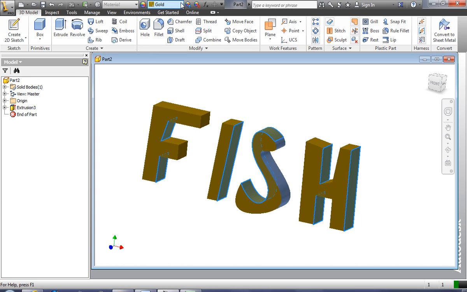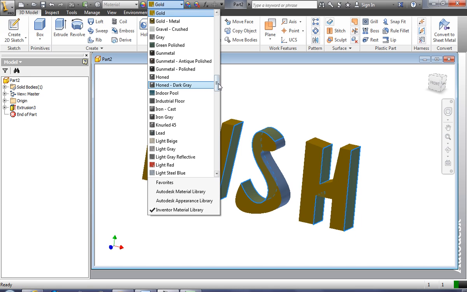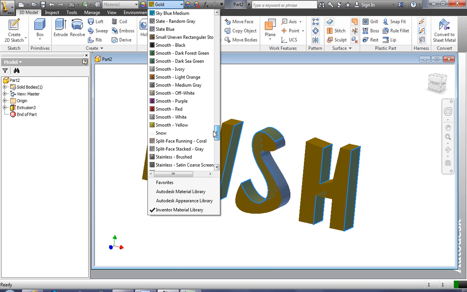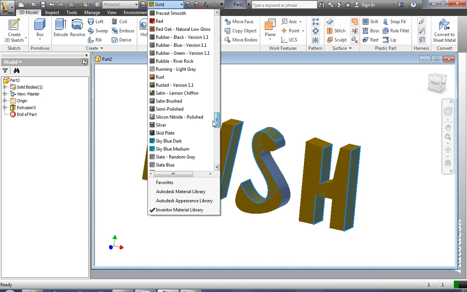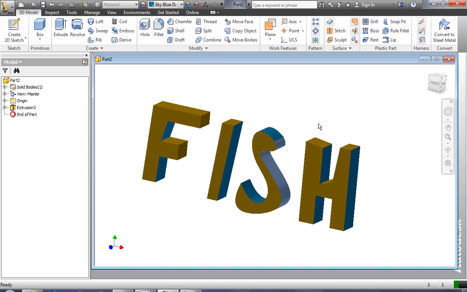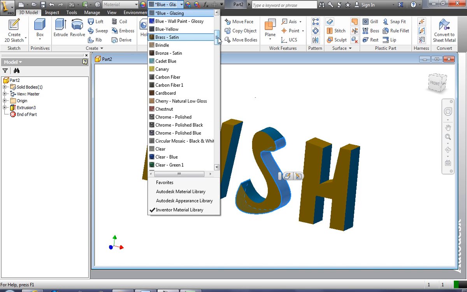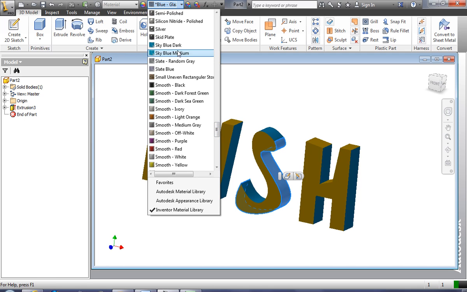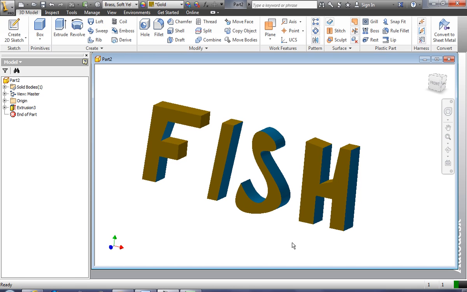I want those to be the same. Let's see here. What was that? I forgot the color. Let's make it sky blue dark. I'll change this one to sky blue dark because I forgot what I just said. Oh, there was blue glazing. Okay, sky blue dark. Okay, so every front view or side view of the faces is the same color,